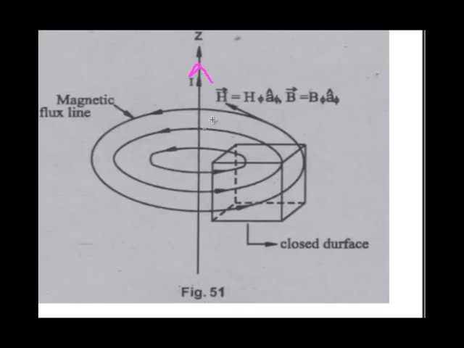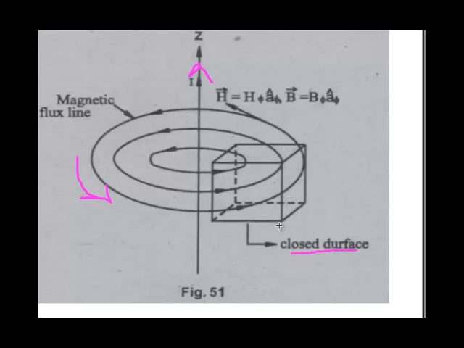Then the flux line will enclose the current and it will rotate about the z axis in anti-clockwise direction. Just put your thumb in the direction of z axis, then your fingers will show the direction of magnetic flux lines. And if you put a closed surface,